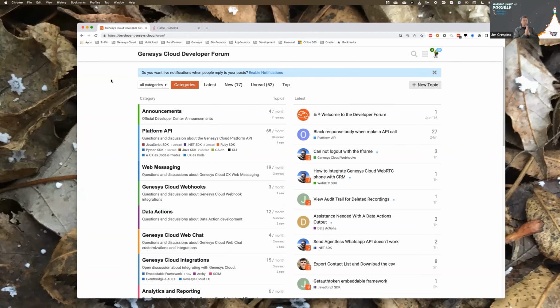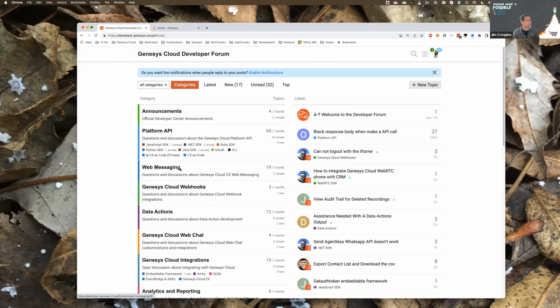So the team here at Genesys that builds our Developer Center, they are the main moderators of the forum site, as well as teams like mine, the developer evangelists, who pay attention to this. The product managers monitor this, and the developers of the various systems at Genesys monitor this and answer questions. I would say, as you can see, the primary area is the platform API. That's if you have an API question, you're using one of our APIs, you have a question about how to use it, or it's not functioning right, or it doesn't seem to be functioning right anyway. You can post into that.